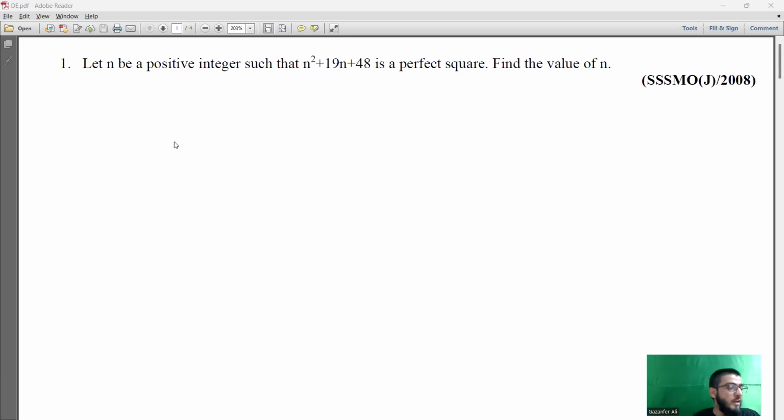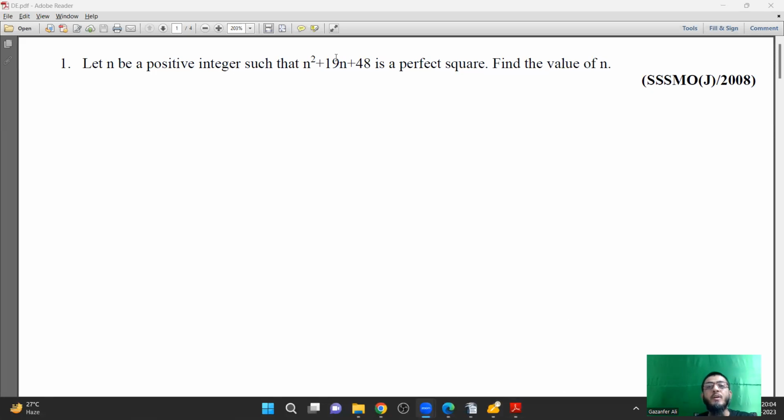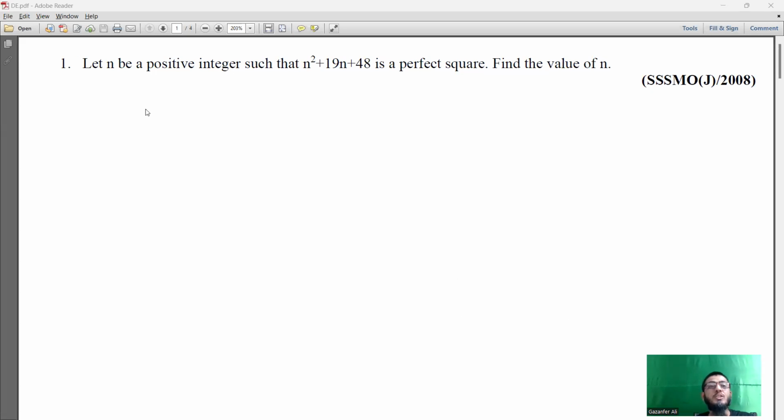So first question for the Diophantine equation, which says: let n be a positive integer such that n square plus 19n plus 48 is a perfect square. Find the value of n. Okay. So whenever we are solving such questions,